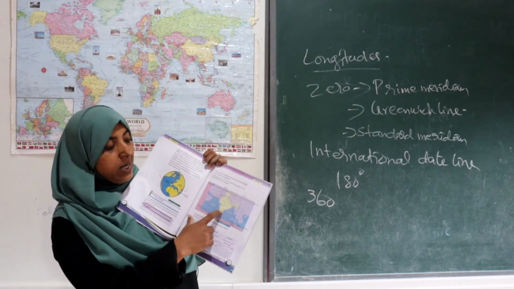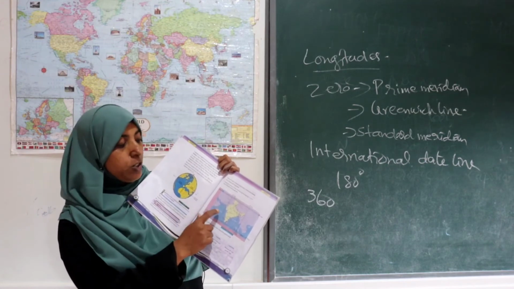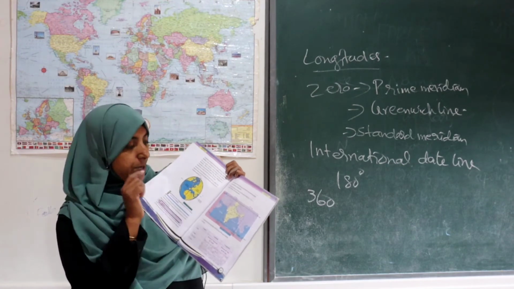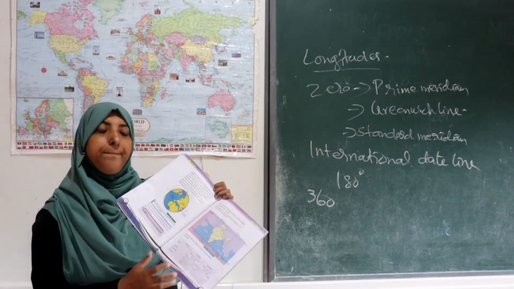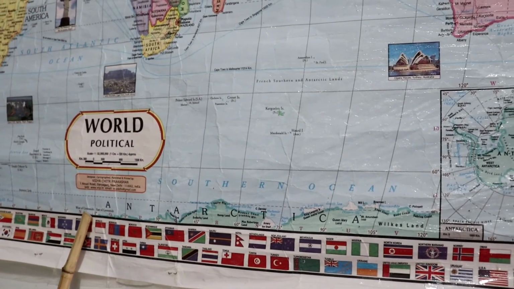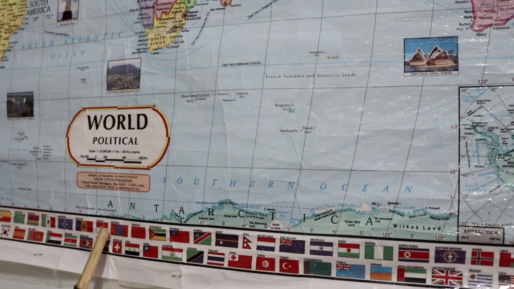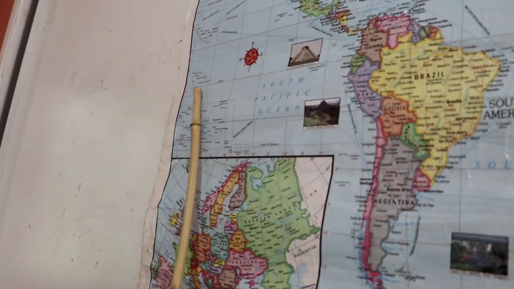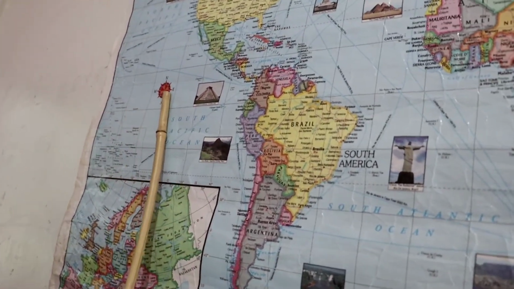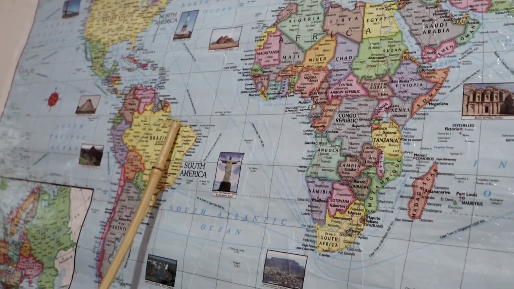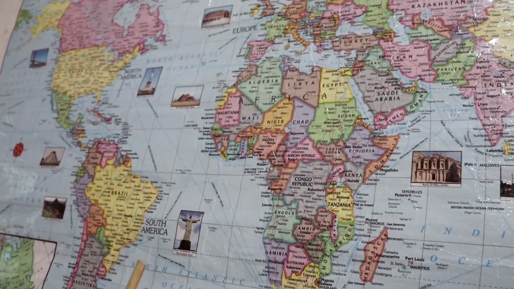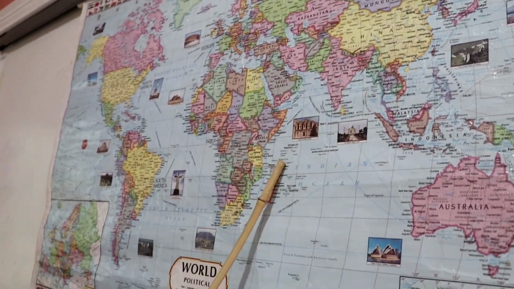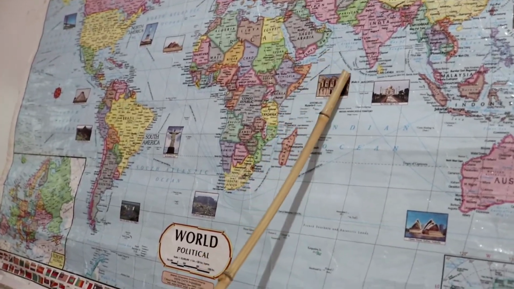Here you can see the position of our country with the help of longitude and latitude. We are going to locate that. Open your textbook and look at the map. Now we are going to locate the position of our country. First of all, listen: it is the 0 degree equator. It divides the earth into the northern hemisphere and the southern hemisphere. Then look, it is our country, India. So we can easily understand that our country lies in the northern hemisphere.